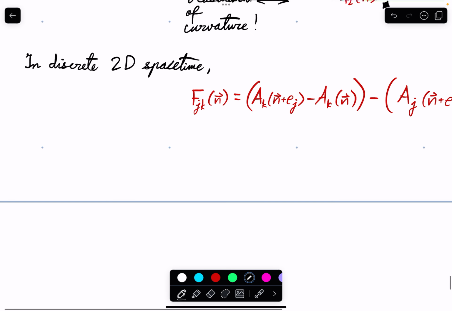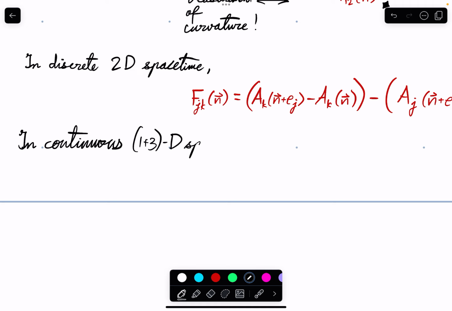And in continuous, one plus three-dimensional spacetime,